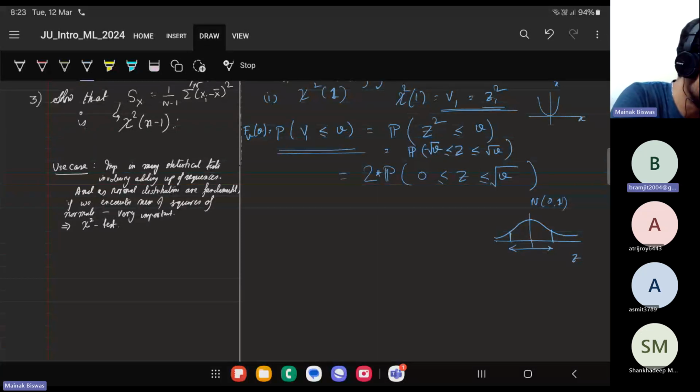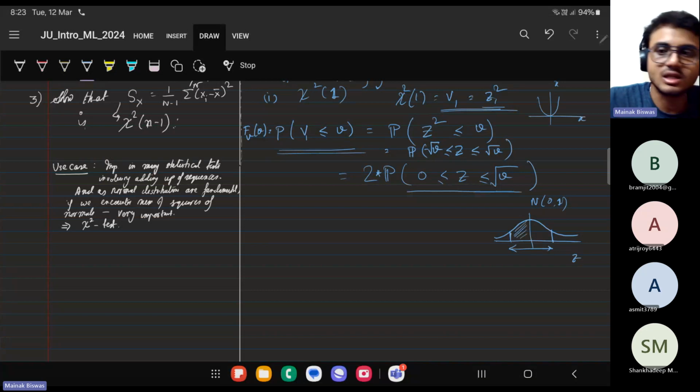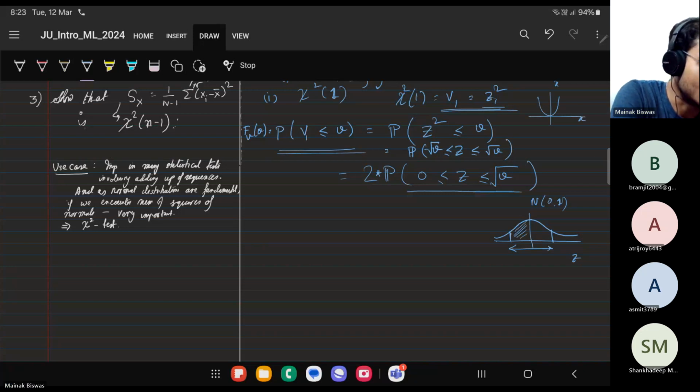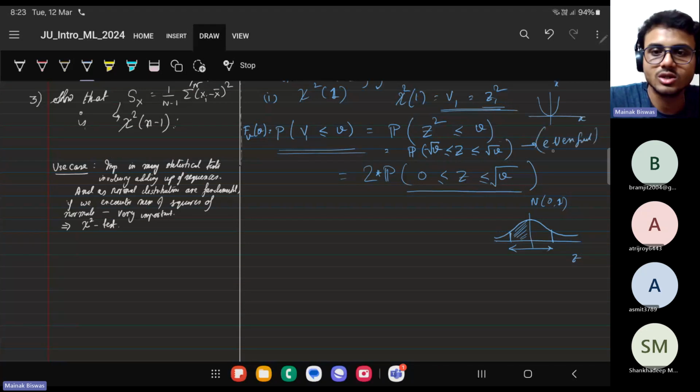I think there's no doubt regarding that. Since it is symmetric about the y-axis, you take 2 times. This is an even function, the PDF is an even function, symmetric about x equal to 0. So you will get 2 into the integral of